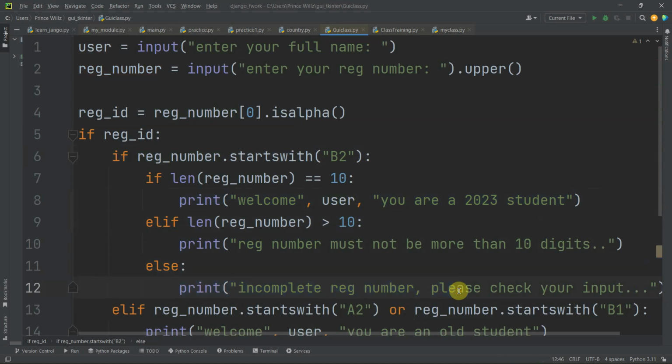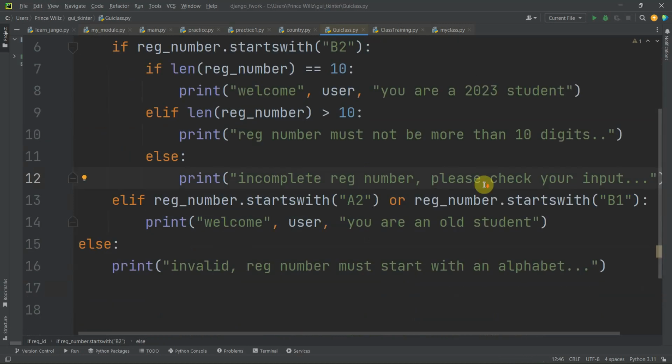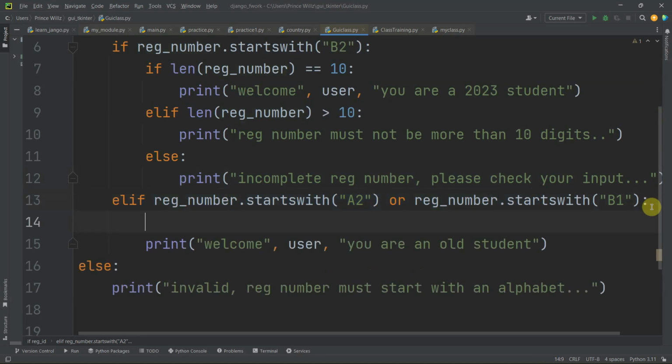Okay, this is exactly what happened here. Now right here on the range number, it starts with A2 and then B1. We'll do the same thing here. We'll come down here again. If it starts with A2 or B1, we come down here and check if it is up to 10 digits. We say if